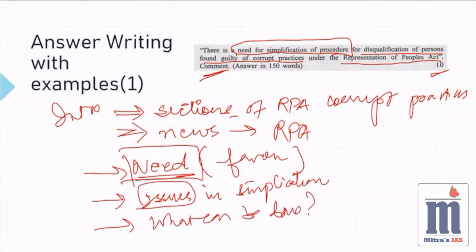So this will give a comprehensive picture that I know there is need, but it has not been done so far because there are some issues why it is not possible right now to simplify. Then I'll say, yes, we know that there is need, we know there are issues, but there should be some way to resolve it. What can be done? And then I'll conclude